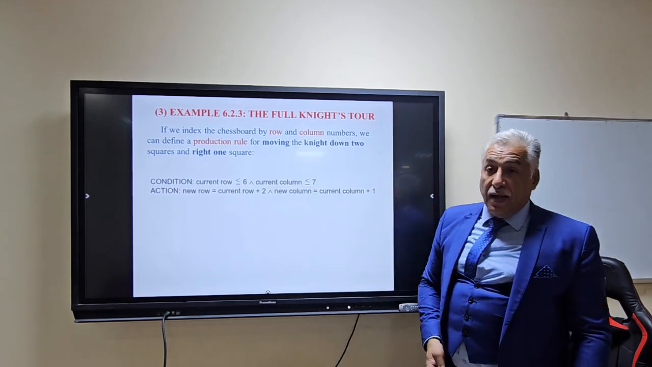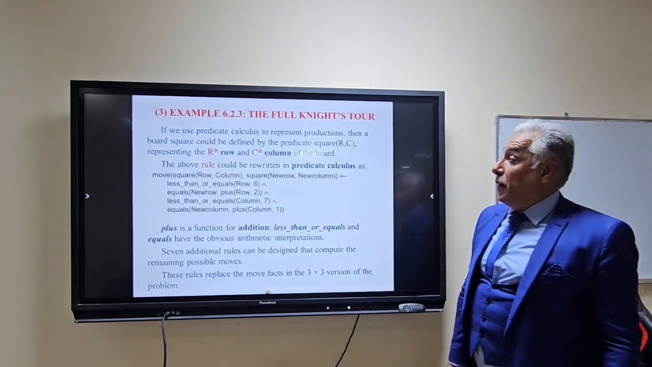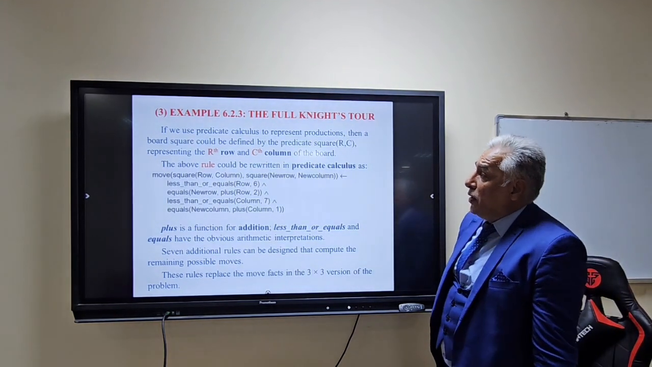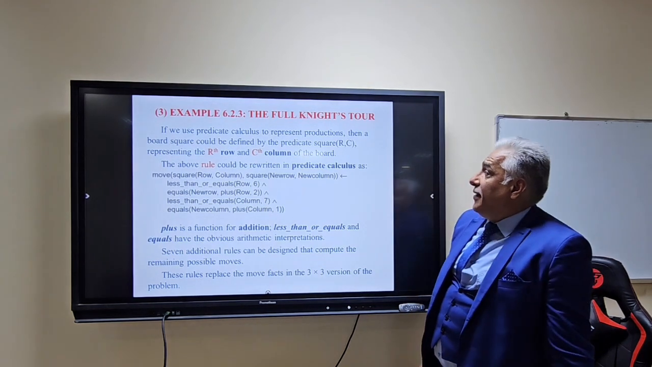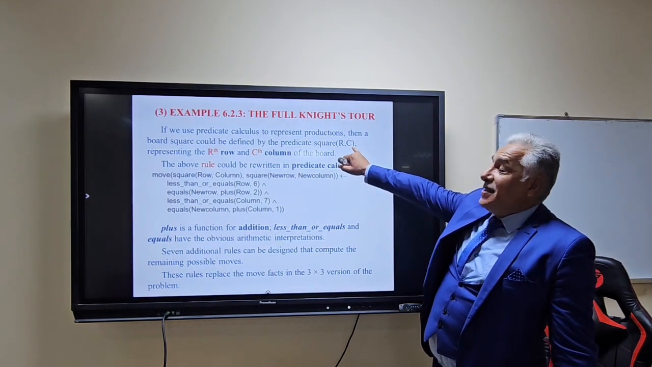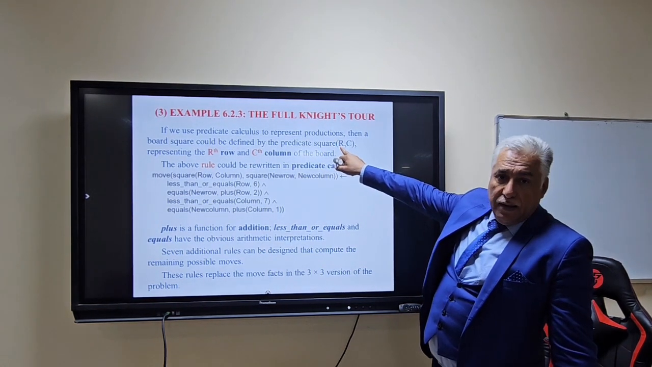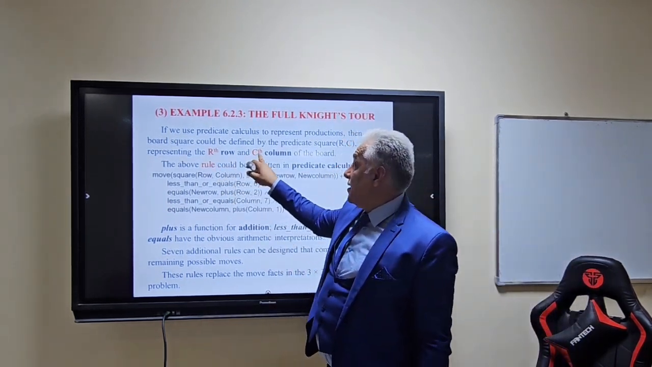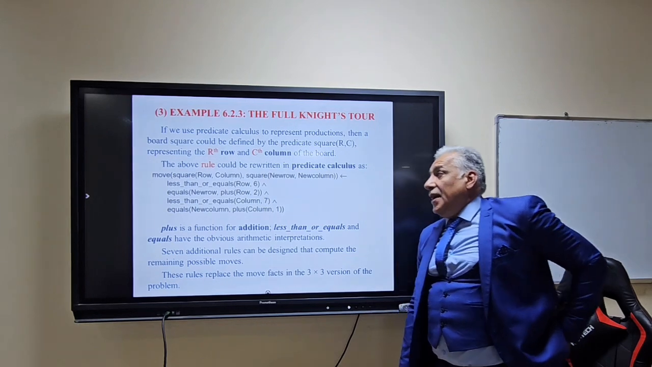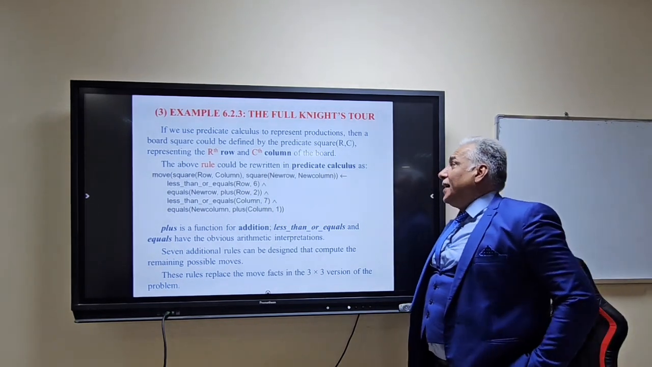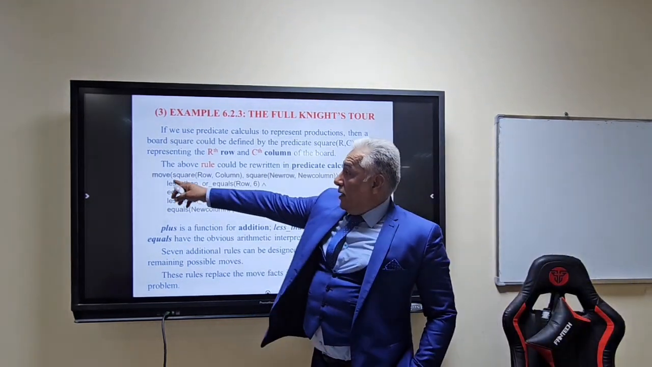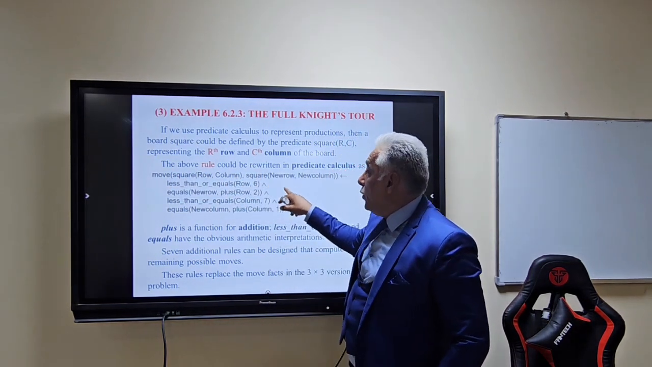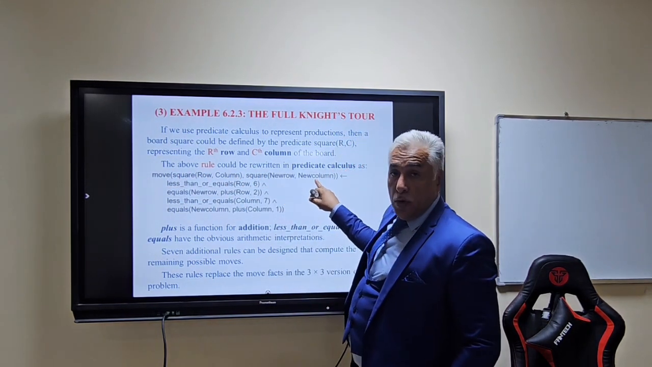We use predicate clauses to represent productions. A square could be defined by the predicate square R C, where R means row and C means column, representing the R row and C column of the board. The above rule could be written in predicate calculus like this: move square row column, square new row and new column, implies